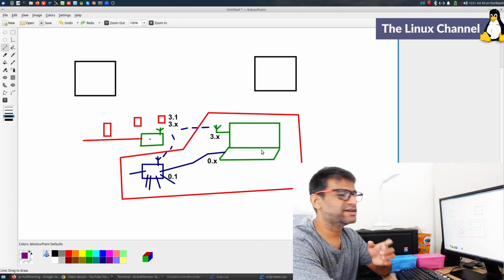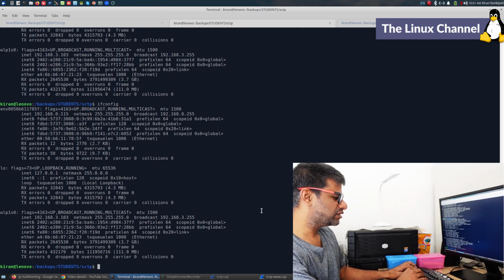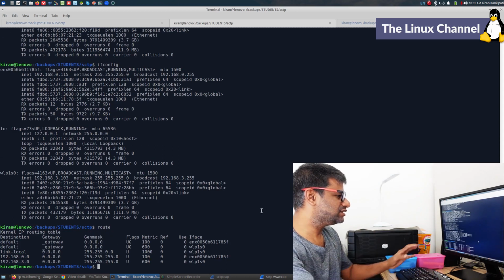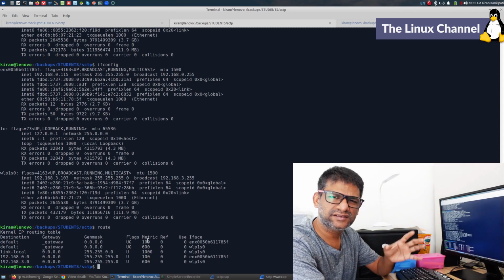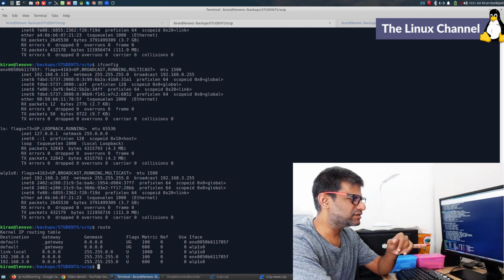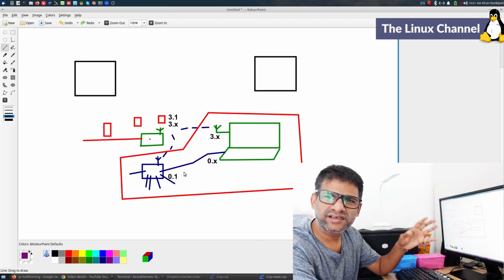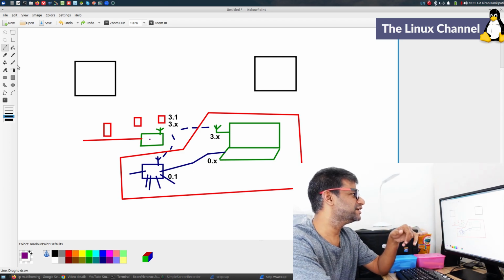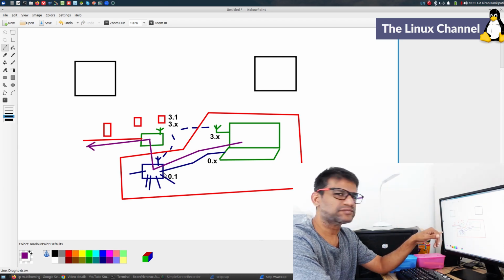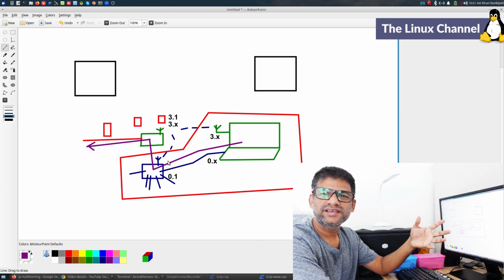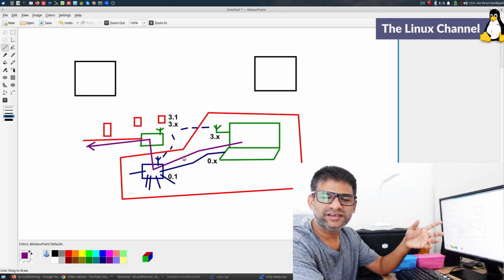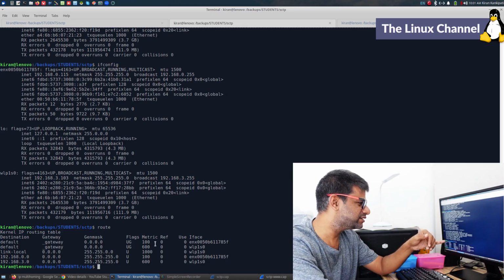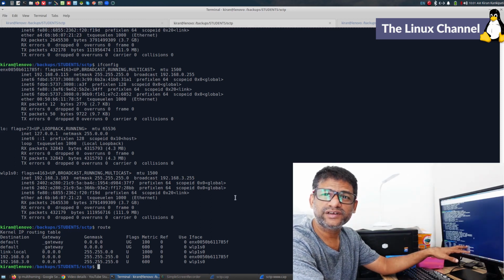But here is the catch: when you run the route command, you can see the metric clearly states that right now, although using the wired network is a bad idea for internet, the internet traffic is going to go through this link. So now it is going to take a longer path. It will go here, it will go here, then it will leave this router. This is what happens because it thinks the wired network is faster than the Wi-Fi network. Hence, it has set the default metric this way.